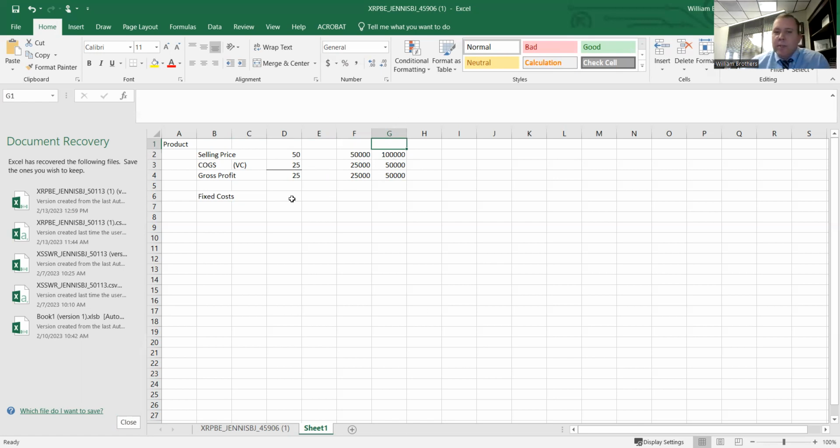So let's assume in this example that I have fixed costs in a month of, let's throw something out there, $15,000, or for some period, whatever that may be. If I want to find out my break even, I simply have to divide that $15,000 in fixed costs by my margin.